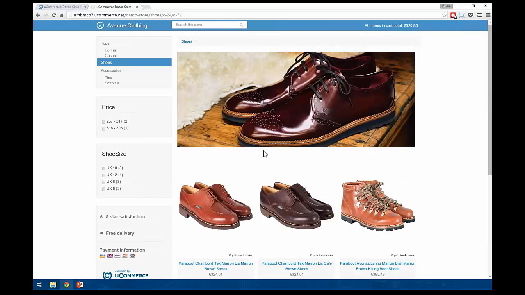Avenue Clothing is a separate package from Umbraco, from uCommerce itself that you install. And so it's optional. You don't have to have it. So what we see is more advanced partners that have been doing sites on uCommerce for a while. They will have their own version of Avenue Clothing or just start from scratch every time because they have a very clear idea of what their solution architecture should be. And so just different approaches for different scenarios.